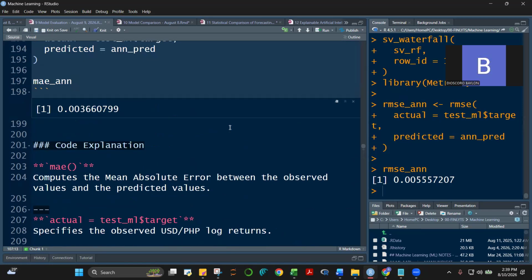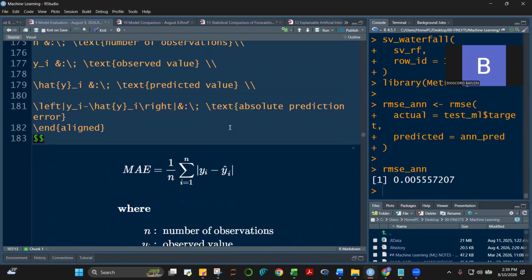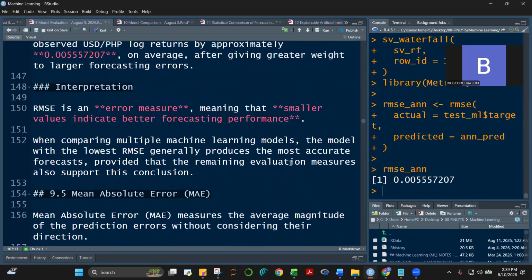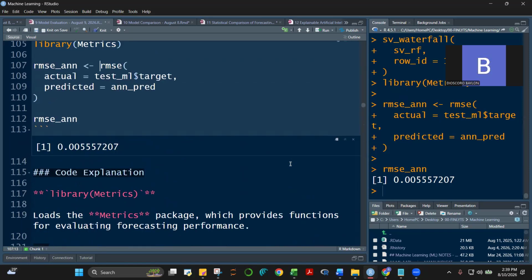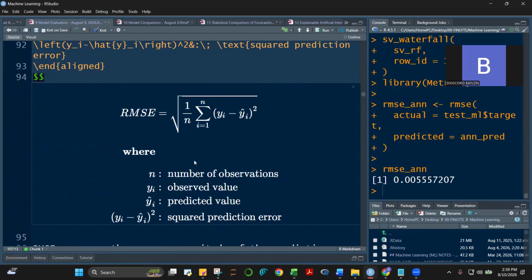The reason for that is, based on the formula, for MAE you just get the difference between your actual and your predicted value. While for your RMSE, as shown in the formula, you square your residuals.